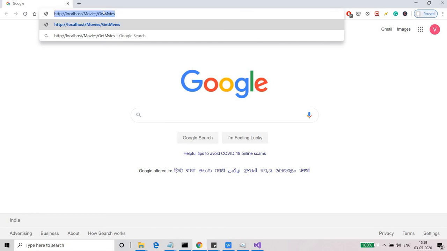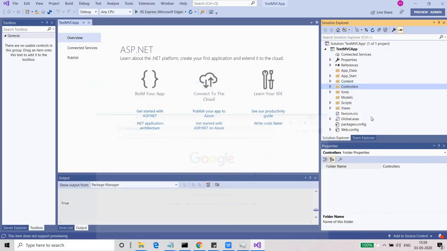Okay, so this address bar indicates whatever request has been placed by the client. This request is passed to the controller, and the controller decides how and which method it needs to call to fulfill the particular request that has come. But again, this controller is not the one who directly receives the client request. Okay, this is received by the